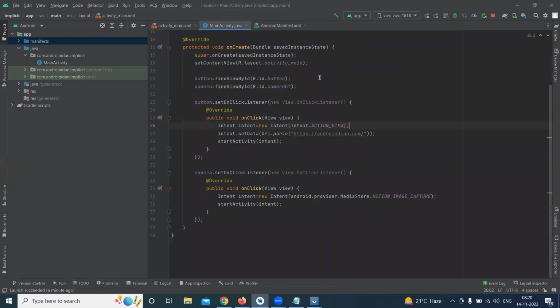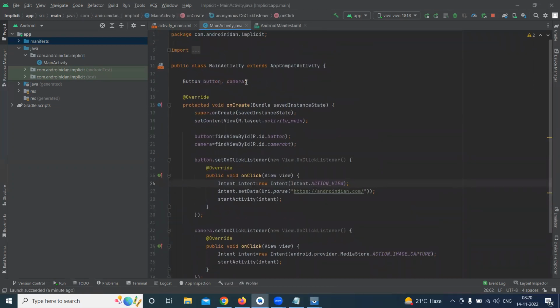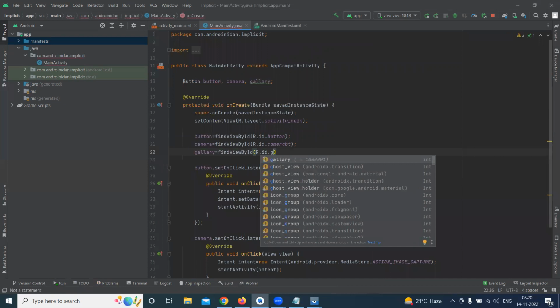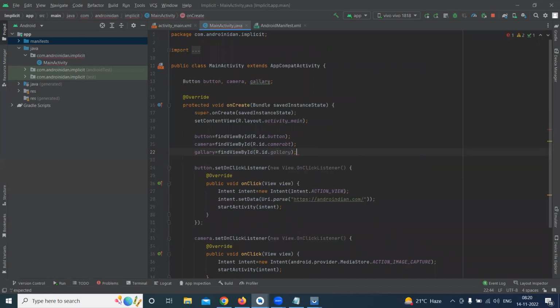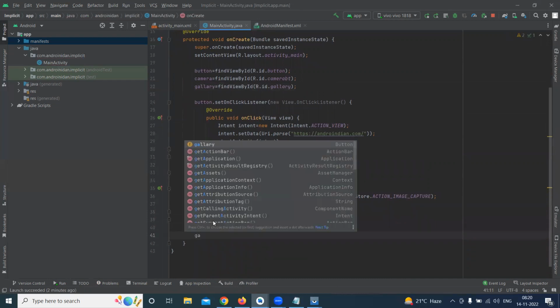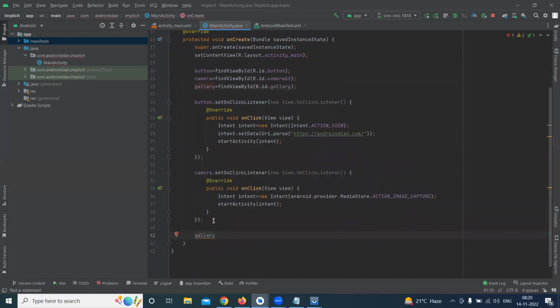in Java. So I'm defining one more button, that is, I'm writing the gallery. Then I need to find out here gallery equal to findViewById, that is R.id.gallery. Then I'm writing the action for this. So how am I writing this? Gallery